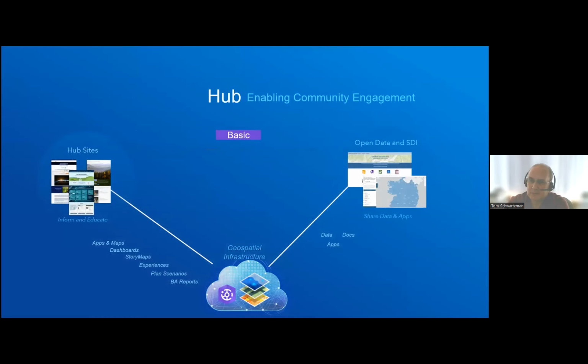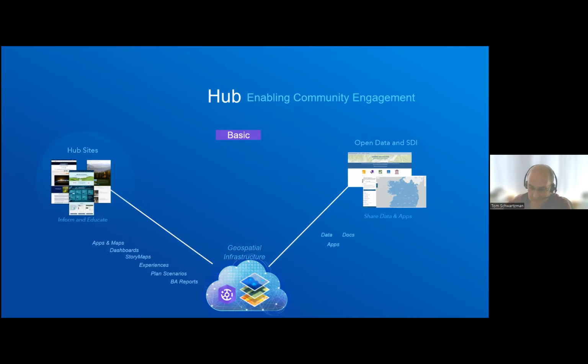And they don't preclude, I should say, a hub site can include open data as well. They're not as distinct as this slide makes it seem. An open data site is a hub site, so think of that as you could be just focused on open data, or you could expand it beyond open data to include all those things I mentioned. And I'll also mention that many of our solutions, if you go to solutions.arcgis.com, actually provide a basic hub site for you as part of the solution. They lay it down. You don't have to use it if you don't want, but they lay it down for you, and then you can do whatever you want with it: build it, change it, use it, delete it.